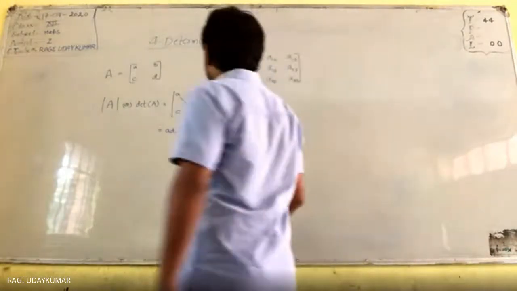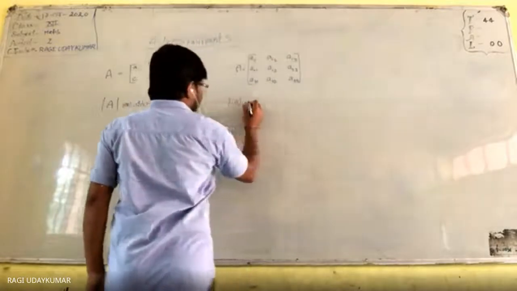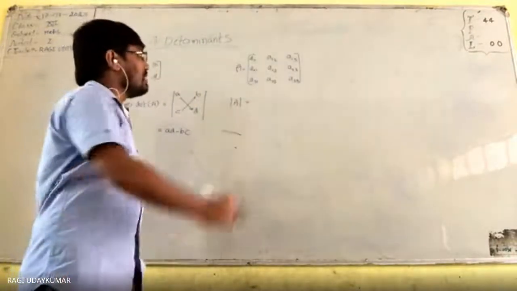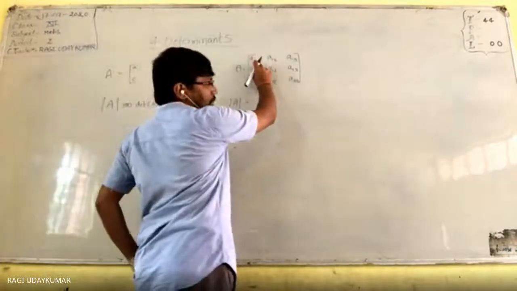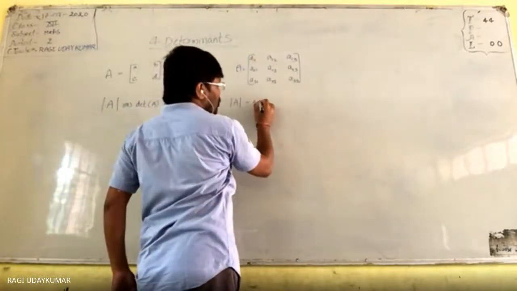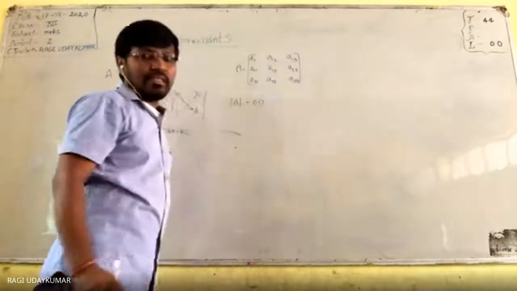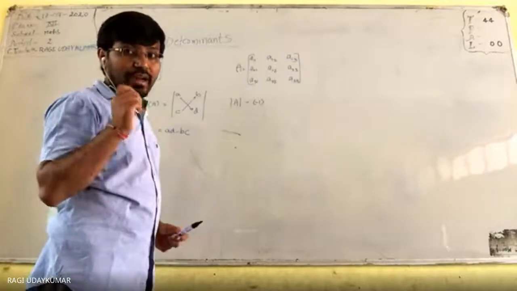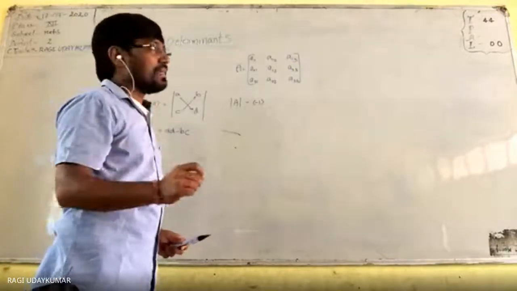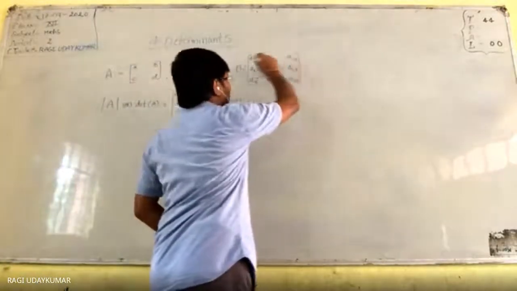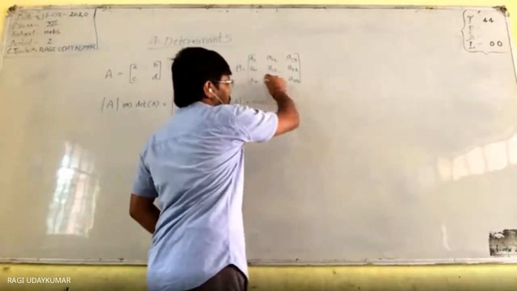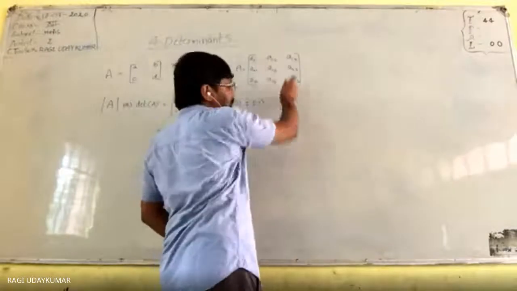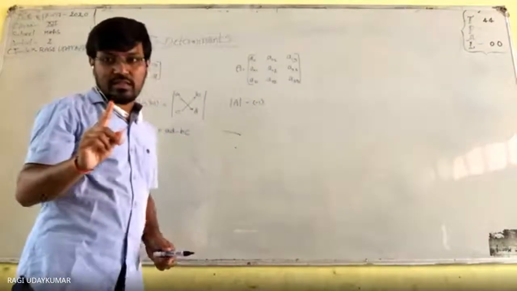So whenever you take into consideration the order of this matrix, this element is multiplied by minus 1 to the power of the sum of the suffixes of that particular element. You can find the determinant of the matrix either using the first row, the second row, or the third row, or using the first column, second column, or third column. Any one can be taken into consideration.